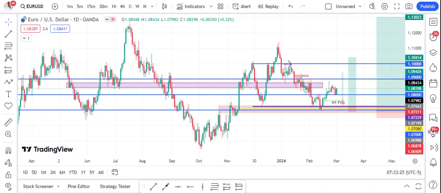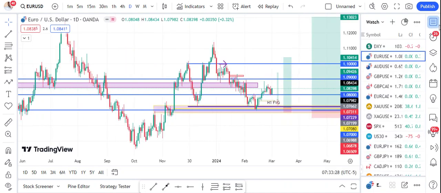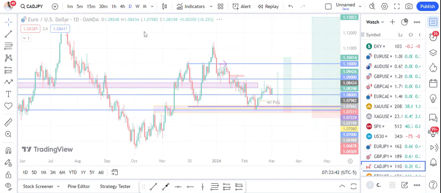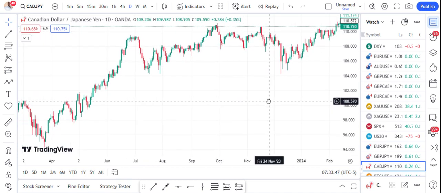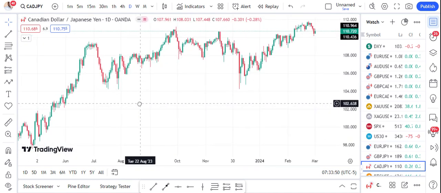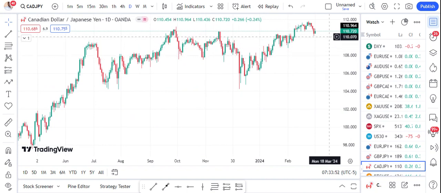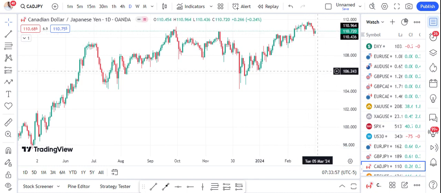I've been on the majors. The major currencies I've been talking about have been Euro USD, GBP USD, GBP CAD, and gold. And there is an opportunity that I'm seeing in the CAD JPY market, but I won't be really delving into this today until we are close to where I'll be taking action. Currently, I'm still watching what's happening in this market.